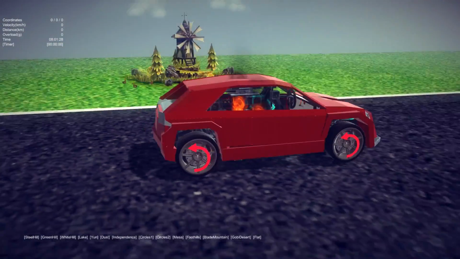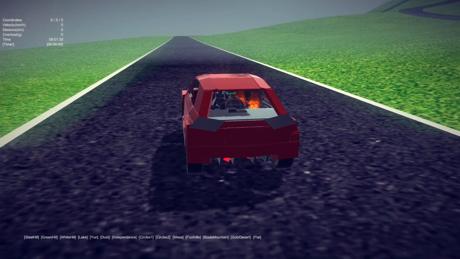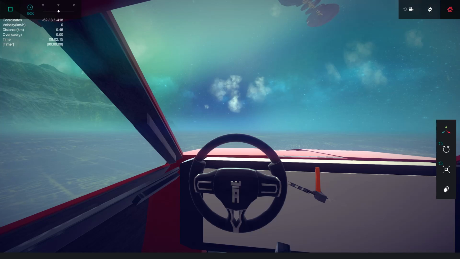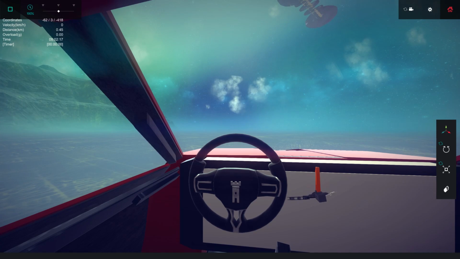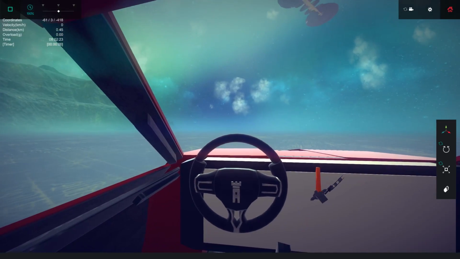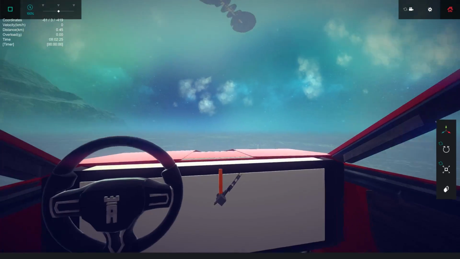Actually, I want to go to a little bit of a more open place so we can actually see it steering. So, let's go to the sandbox real quick. All right, so we're at the sandbox, and we're just going to set this thing up. So I want it... Oh, man, that's spring. So it's like a flat spring that's basically a UFO. Let's turn it this way, and just...